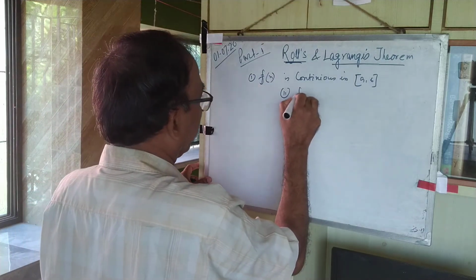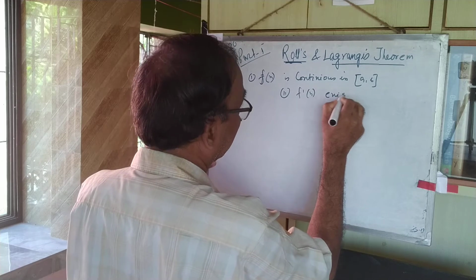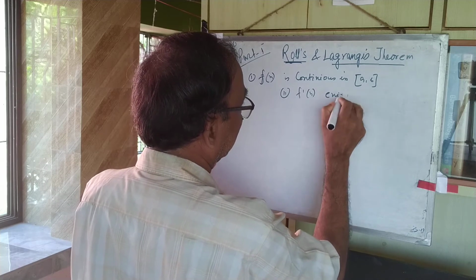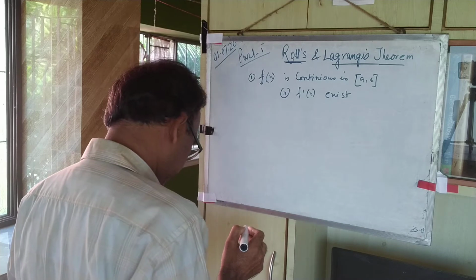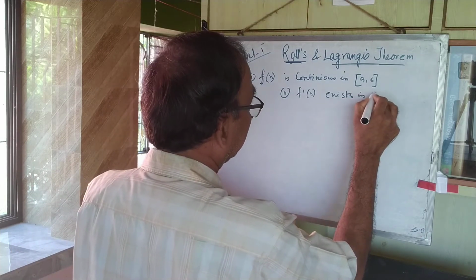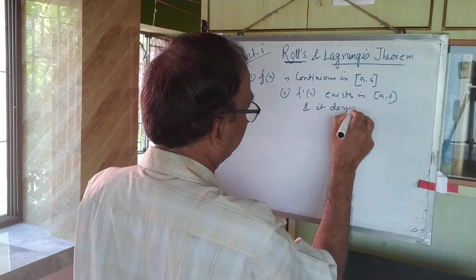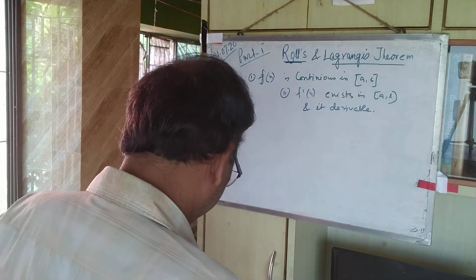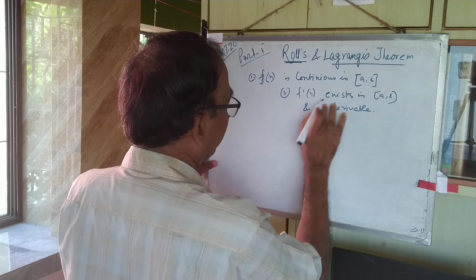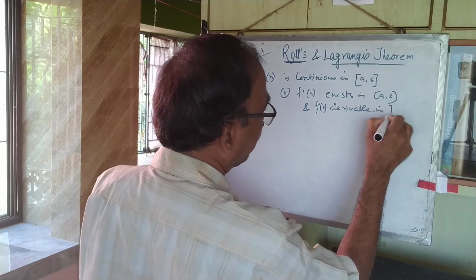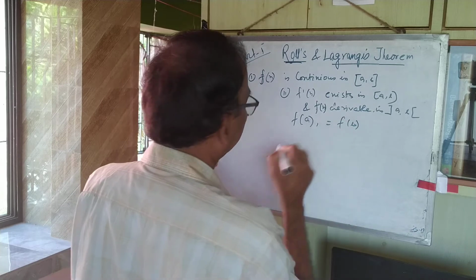Number 2, f dash x exists, it is derivable. f dash x exists in (a, b), which means f(x) is derivable in the open interval (a, b). And number 3, f(a) equals f(b), then